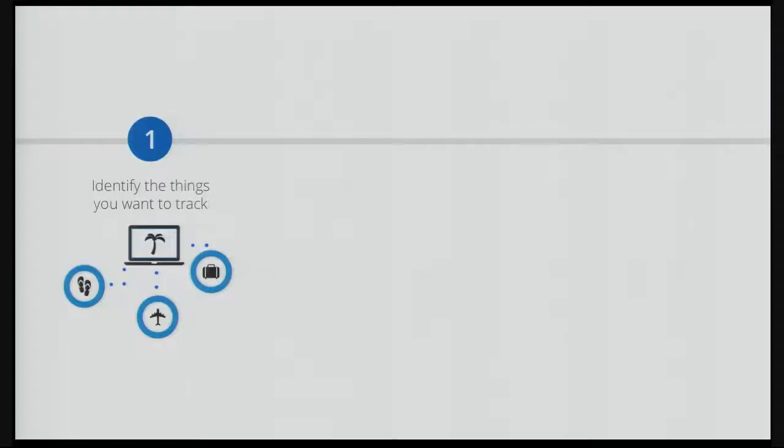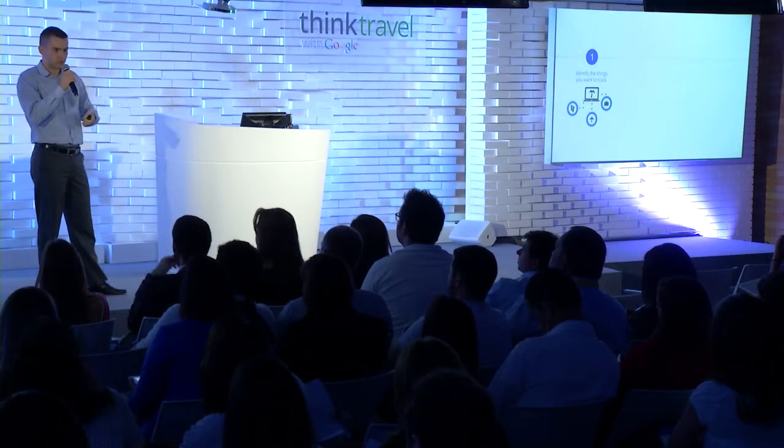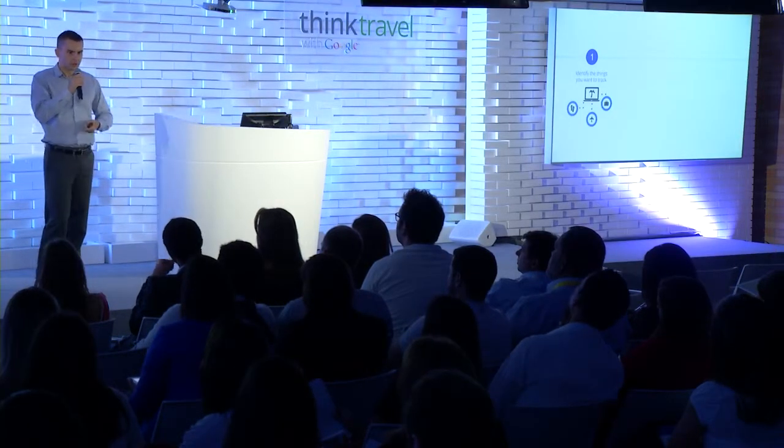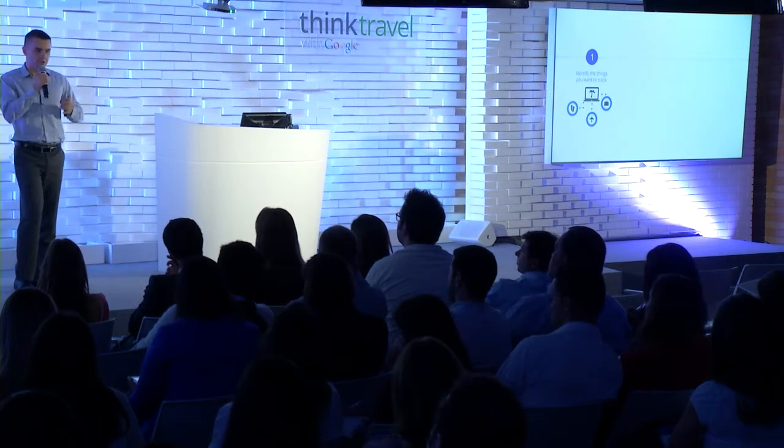So how do you go about starting with tracking events? I think the first thing you need to do is to take a step back and look at your site and do a kind of inventory. Ask yourself, what are the very key important things you want to measure? What are the key features that you need to track? Things like your shopping cart, your hotel booking engine if you're selling hotels, or your flight booking engine, or your maps, or your product pages. So come up with a list of those important features.